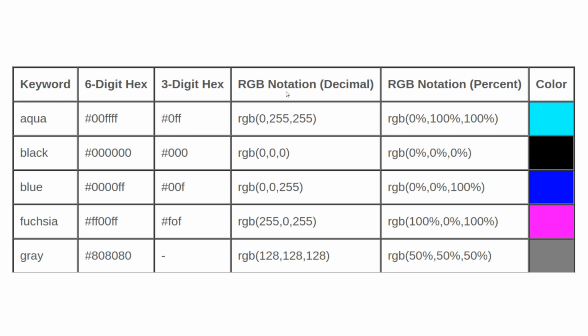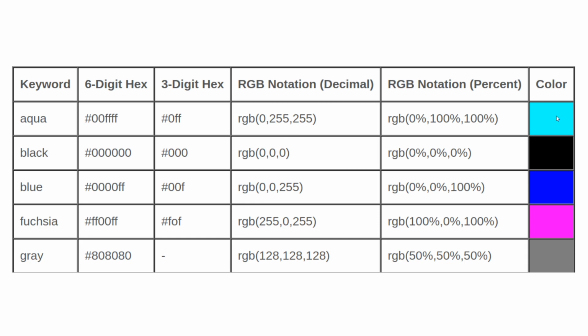And then there's the RGB notation using the decimals. This is a very important way for you to be familiar with, because this is a highly preferred way of writing CSS colors. So for this, what you do is write RGB, and in the parenthesis, you will write 3 numbers. The first number tells you how much red should be there in the color, and how much green, how much blue. And these numbers are specified from a range of 0 to 255, where 0 stands for no red in this case, and 255 means the red is full. So that's the decimal way of representing the colors.